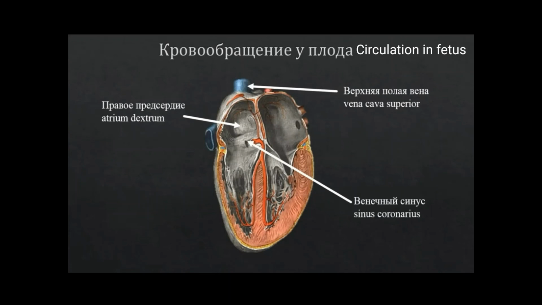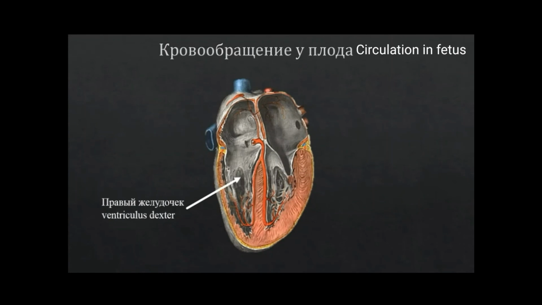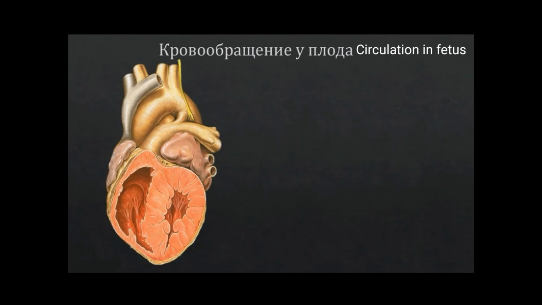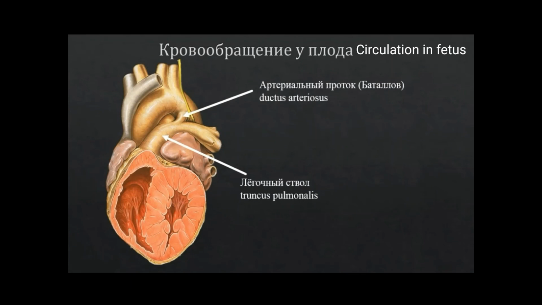In addition to the inferior vena cava, the superior vena cava and the coronary sinus of the heart also flow into the right atrium. Venous blood entering the superior vena cava from the upper half of the body then enters the right ventricle, and from the latter into the pulmonary trunk. However, because the lungs are not yet functioning as a respiratory organ, only a small part of the blood enters the lung parenchyma. From there, through the ductus arteriosus, the blood goes to the descending aorta,